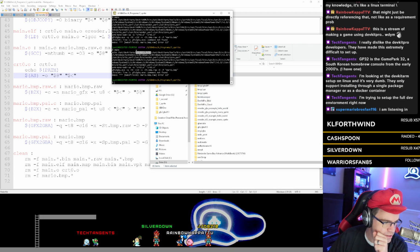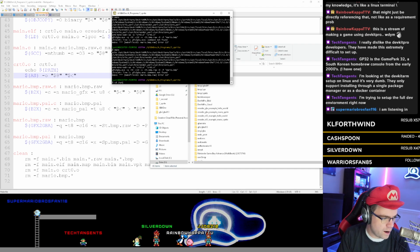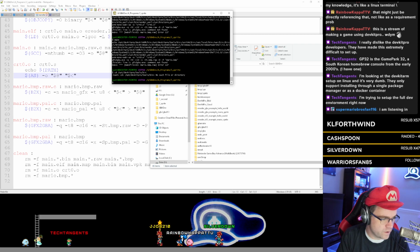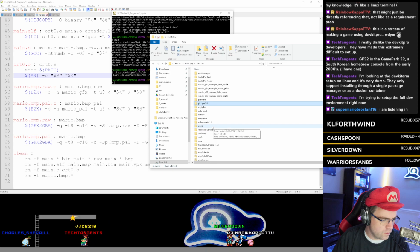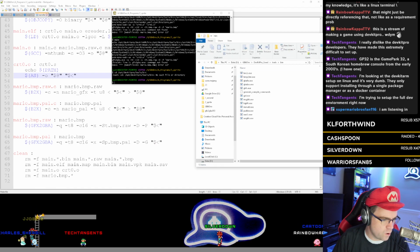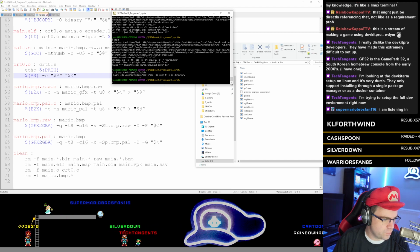So what we're going to do, and I really hope this works, in theory, it should be in the tools bin. Let's try that. cd opt devkitpro tools bin. No such file or directory. Okay, but what if we go into devkitpro good? There's a tools folder and there's a bin folder. So why